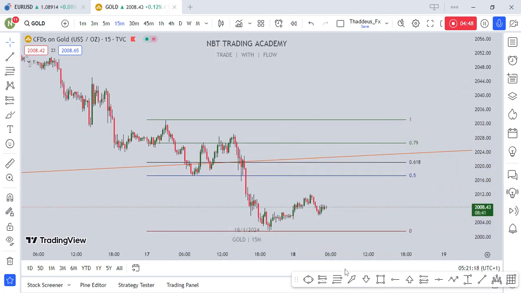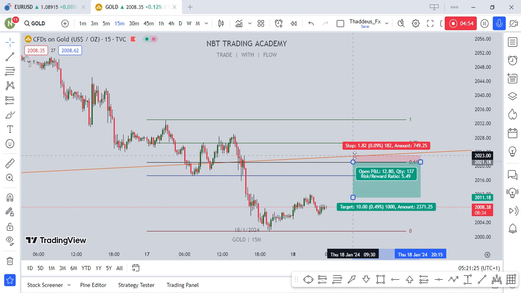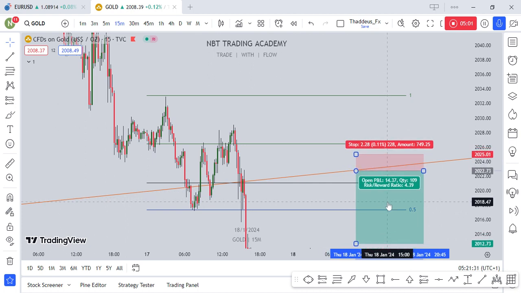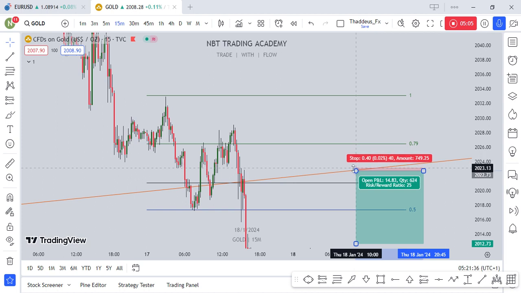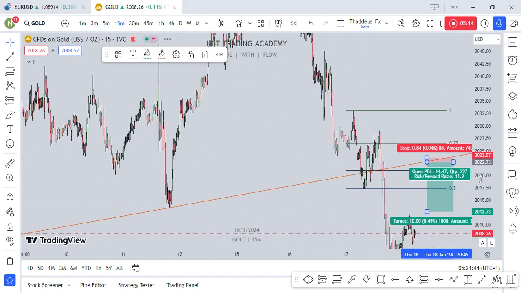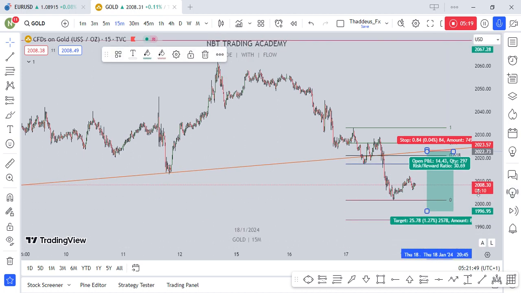So we're going to be putting our trigger point here on the 618, and our stop loss is above. It's quite wide, it's gold we're trading, so probably here. Then our stop loss is going to be perfect. Yeah, so something like this is perfect. First level target, second level target.